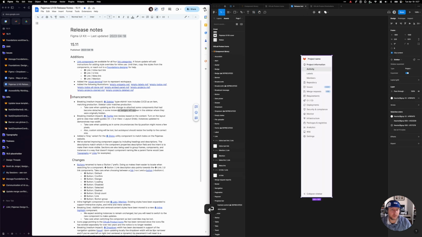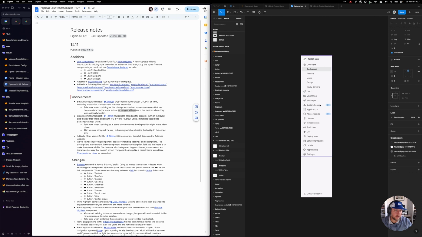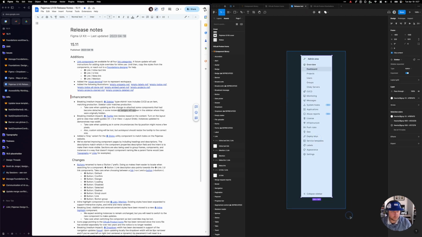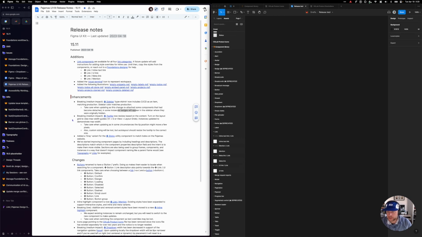Sidebar. Inserted that. We're going to go to admin. So here's CI/CD. Here's some of the badges. So just keep an eye out for that if you're using that. All right, next up,